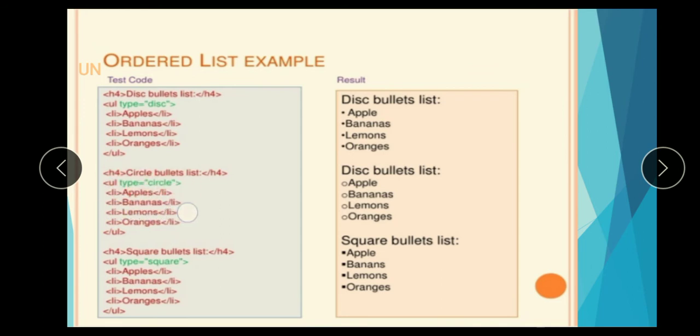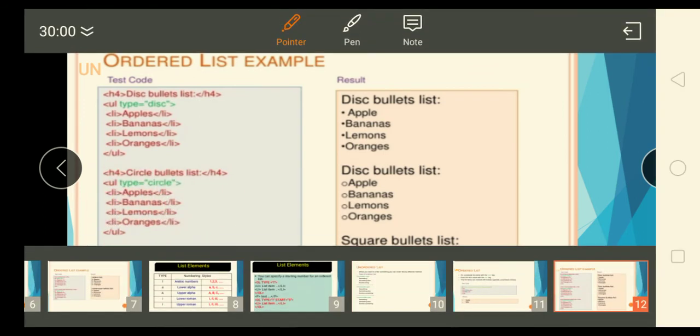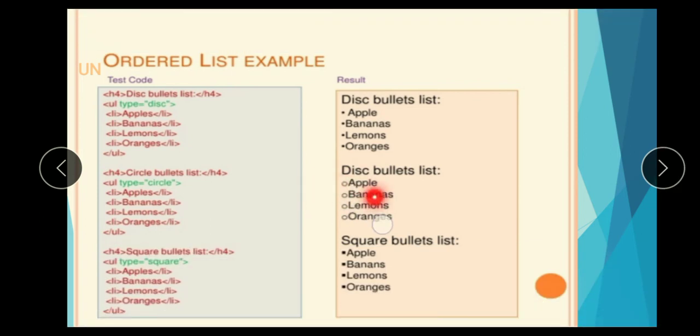And type equal to circle, then the same program with type equal to circle. Here the answer is in circle form, and type equal to square gives small squares. Because these are unordered lists, there is no sequence when you think and write the names of the list. So this is an unordered list.